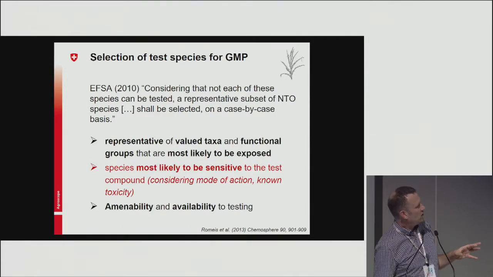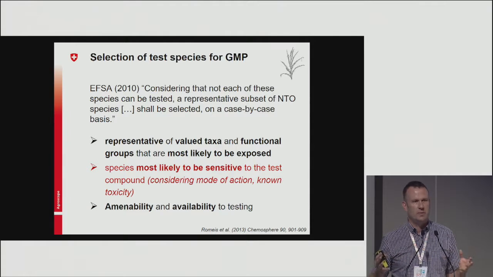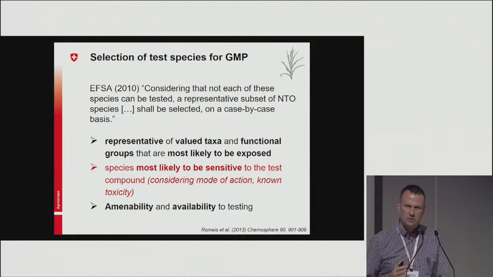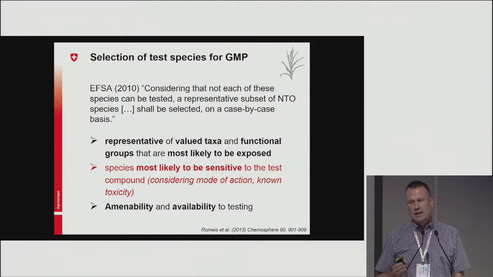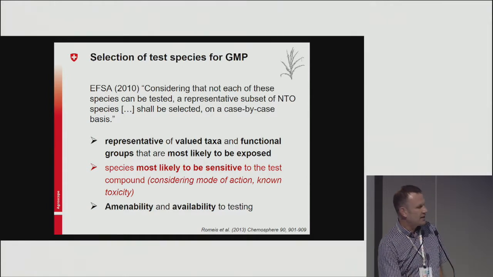Now, if we have some idea about what we are trying to do, the next question is what species are we actually testing with? Our protection goal is biological control, but which species are we looking at? If we look in the GM guidelines from EFSA for GM plant cultivation, we see that the system there is pretty flexible. So we talk about a case-by-case risk assessment approach. We can select the species that are used for our toxicological tests case by case according to three rough principles. First of all, we try to look at test species that are representatives of valued taxa and functional groups that are out there in the field, also considering the species that are most likely to be exposed to the stressor, and there is always some practicability